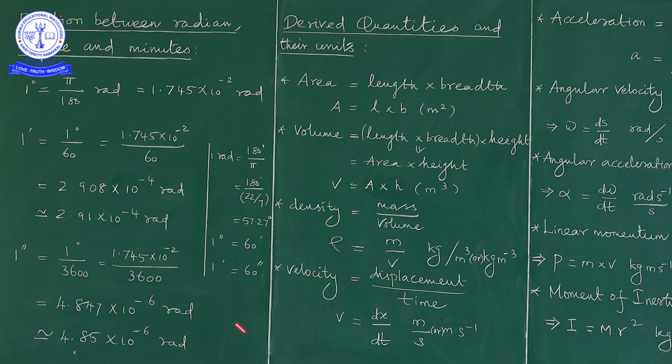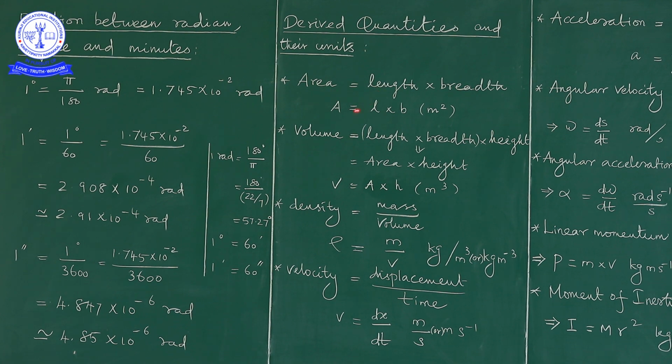So next we have to move to derived quantities and the corresponding units. They play a very important role in the field of physics. Why? Because in all places we are using these derived quantities only, since they also contain fundamental quantities. So we will discuss one by one, the derived quantities and their corresponding units. First we are considering area.